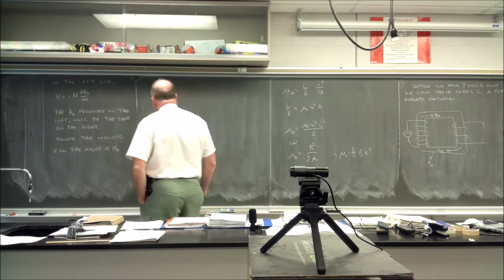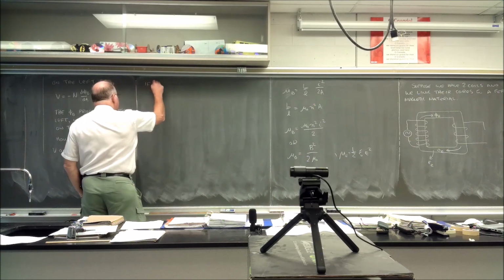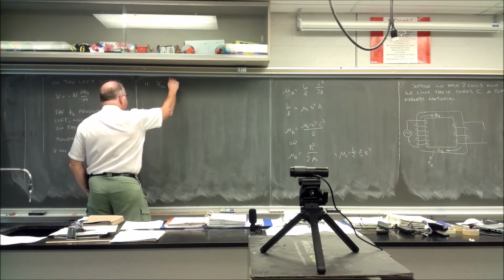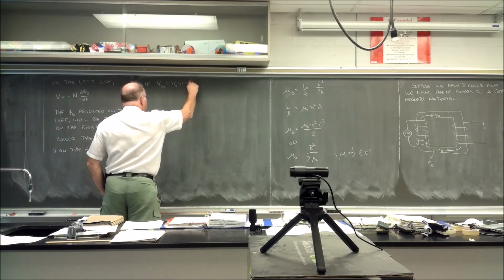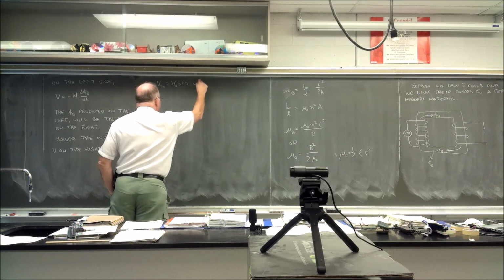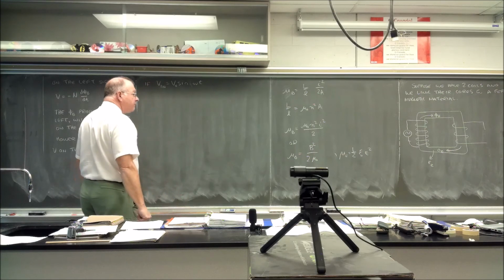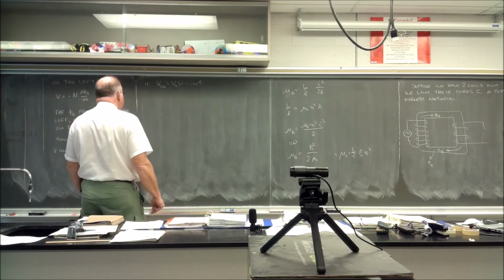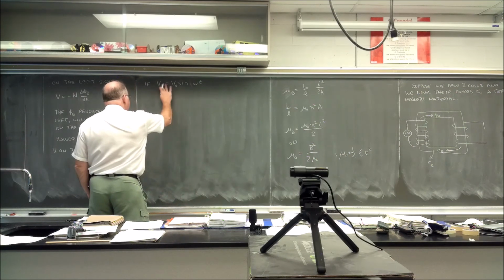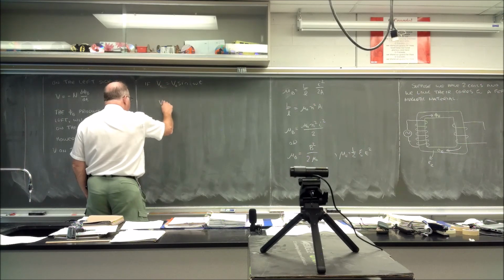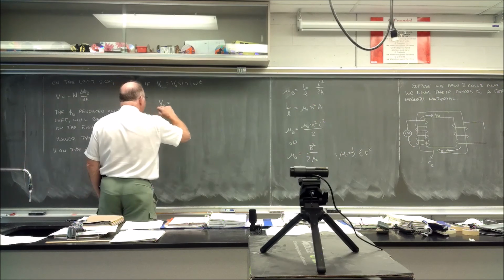If our signal, if V in is equal to V naught sine omega t on the left, then we'll just say V left, V sub L, here. And then V sub R is going to be equal to sine omega t,